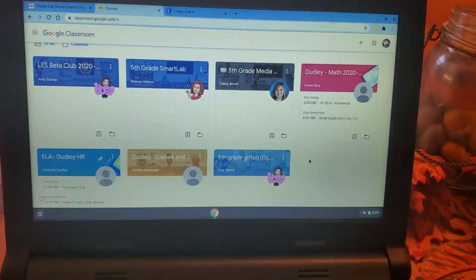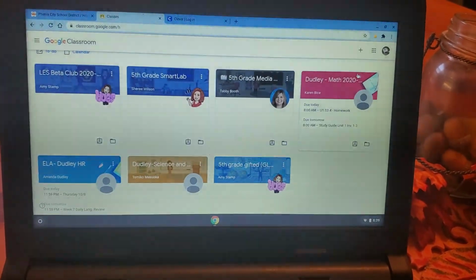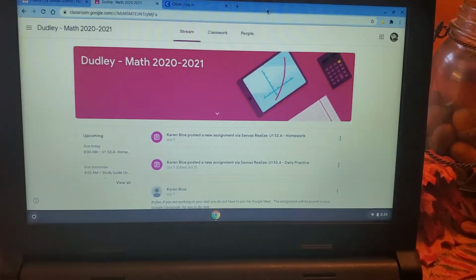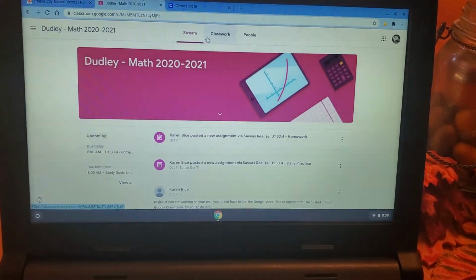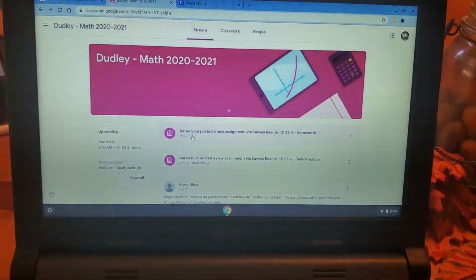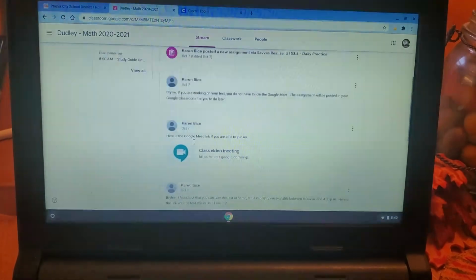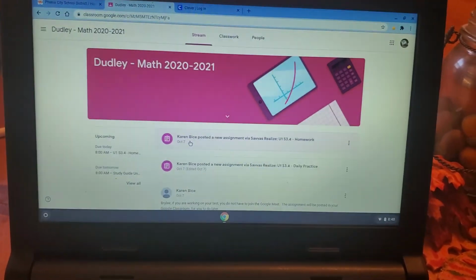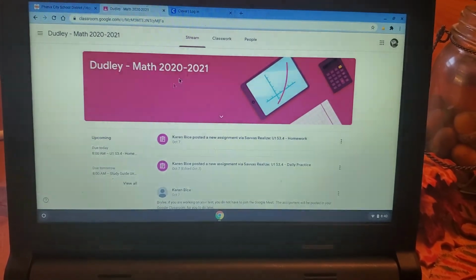Now, if you're wanting to go in and check their grades, for example, let's go into her math class so you can see what this looks like. So when you click into the math class, you're going to have 3 tabs up here. It says Stream, Classwork, and People. The Stream is where the teacher will put any announcements that she wants the whole class to know. But as far as grades go, the one thing that you need to be concerned with is